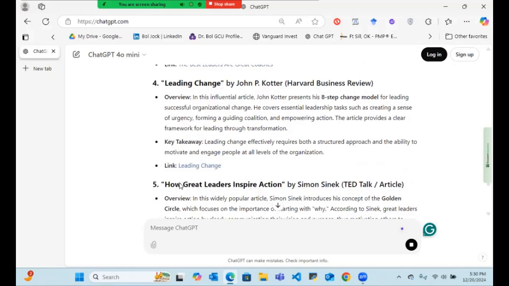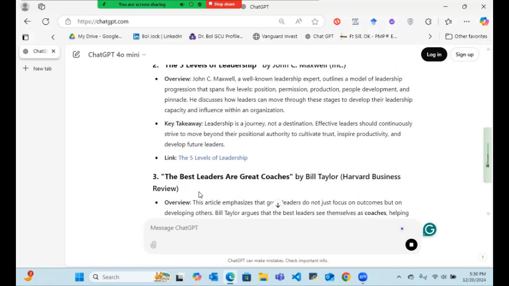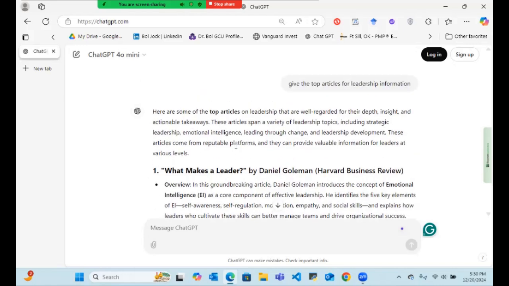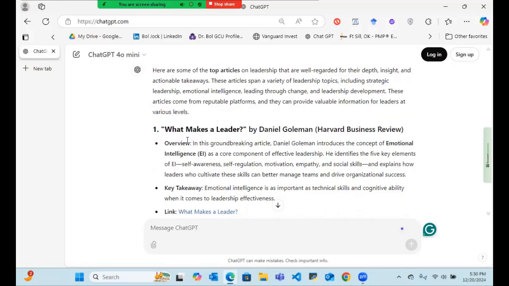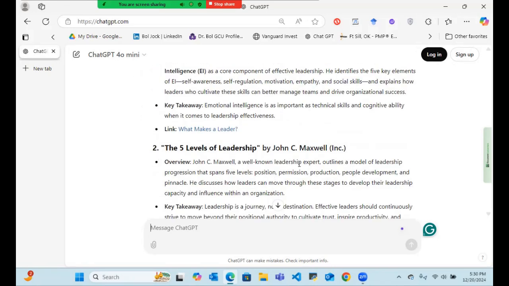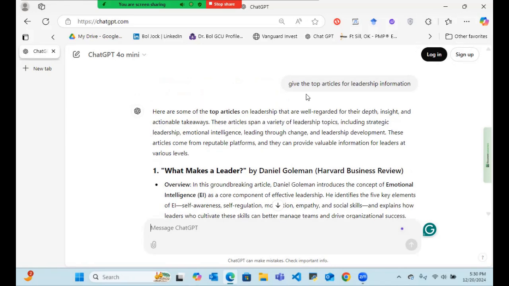It would tailor the information it gives you based on the question you asked. So it says, here are some of the top articles on leadership that are well regarded for their depth, insights, et cetera. Right? And then, What Makes a Leader by Dana Coleman. Right? So like this one, see, right now it's giving me